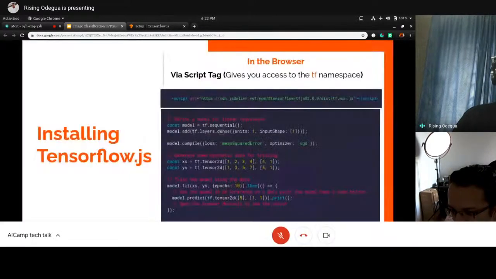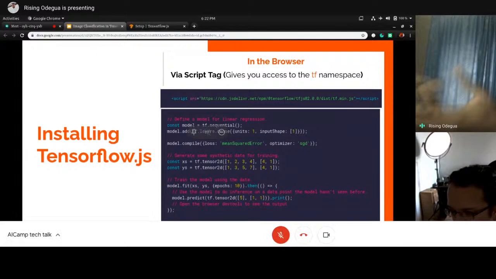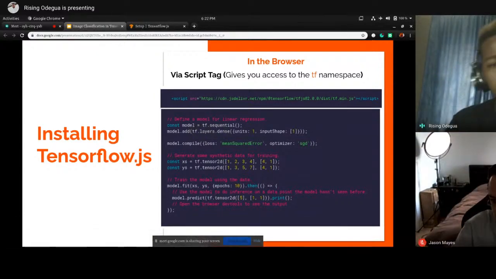Okay, so how to install TensorFlow.js or how to use it. There are basically two methods. You can install in the browser by a CDN, or you can install client server side in Node.js. If you're going to be using the browser, this is the easiest method of accessing TensorFlow.js. You can do that by just pasting this script or this CDN link in your HTML page. Okay, so this gives you access to a tf namespace, and you can easily call the models.